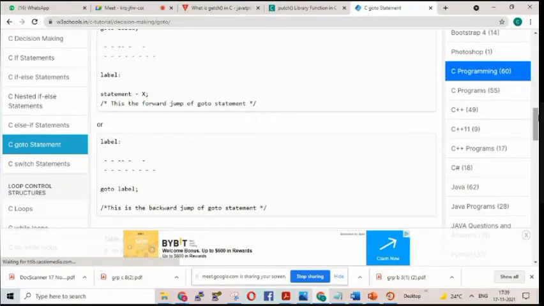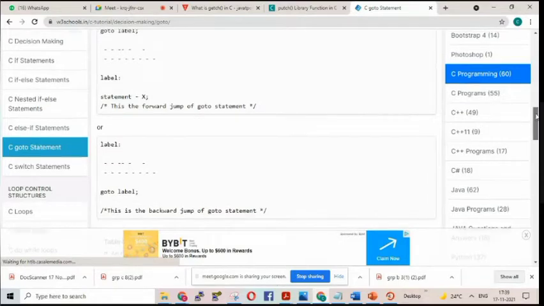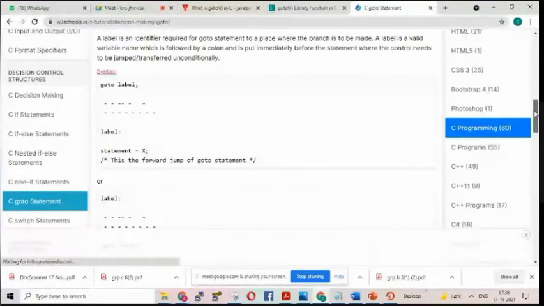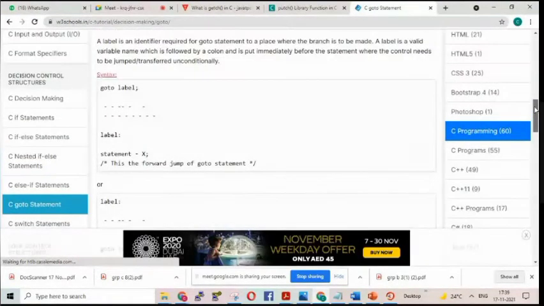All those languages had this feature, because before the introduction of loops, this feature was used. Even if you do microprocessor programming, you will be introduced to this goto concept. But we are still beginners, so we don't know all such things. You can just see the syntax when I'm showing you these websites.